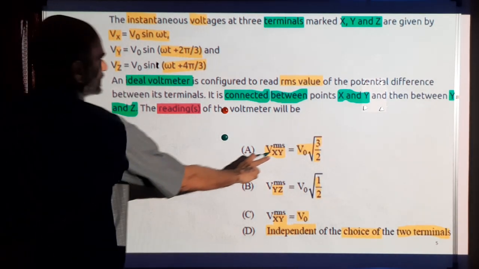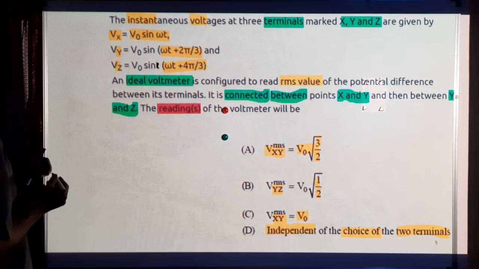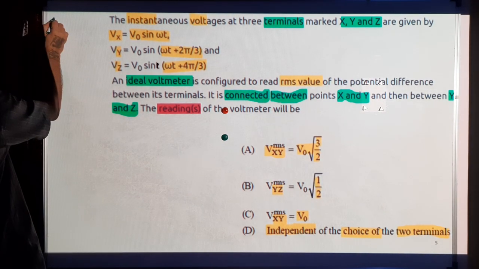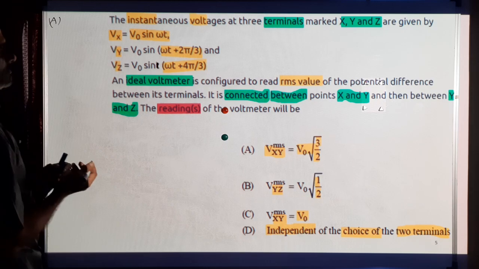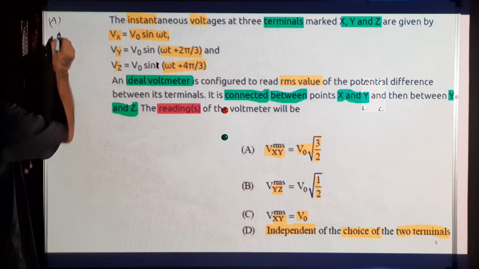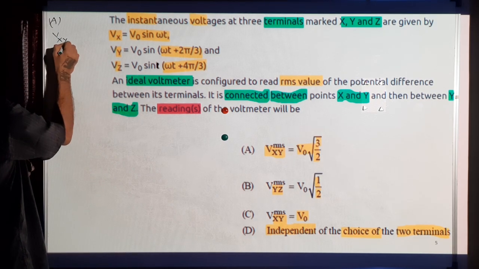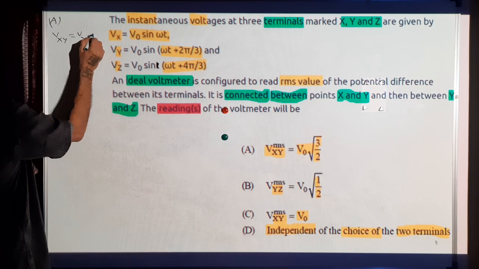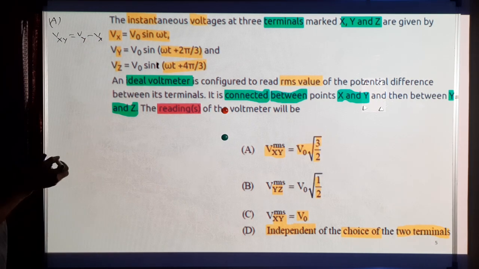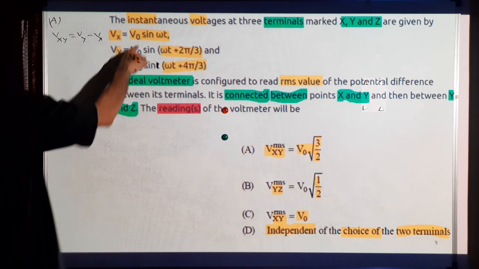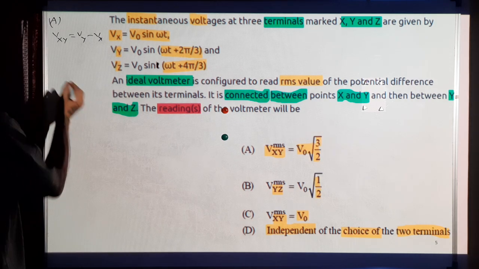So option A, Vxy means Vx minus Vy. So first let me check option A. It's multiple choice, more than one correct answer. So Vxy is Vy minus Vx. So these two, we have to subtract. So that will give me